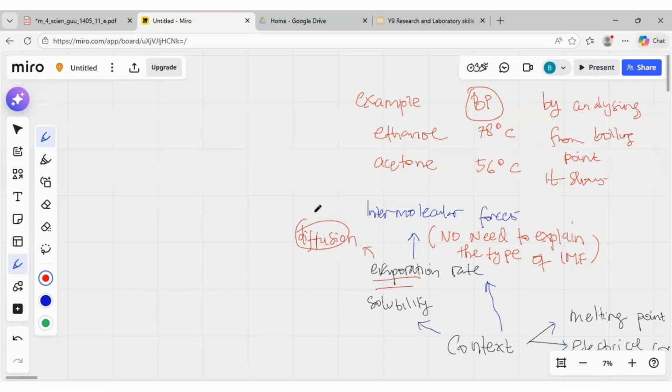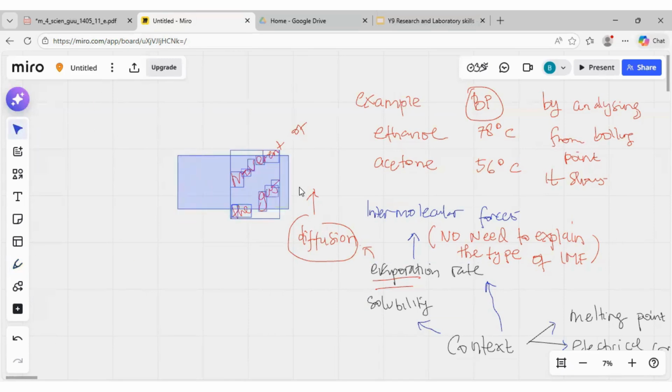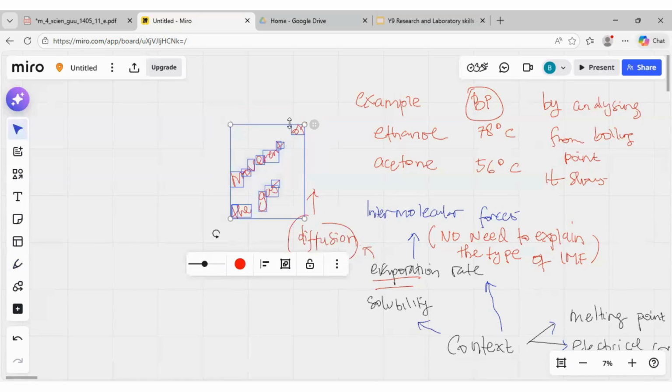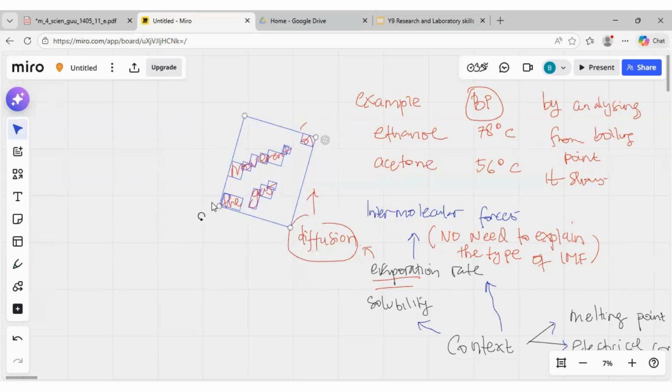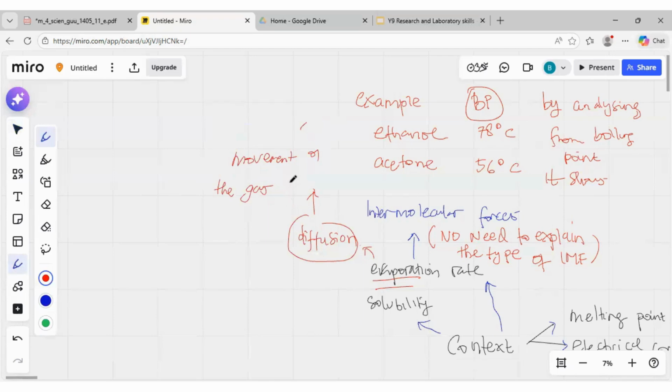Yeah, diffusion is the movement of the gas from higher concentration to lower concentration. Okay, that is for